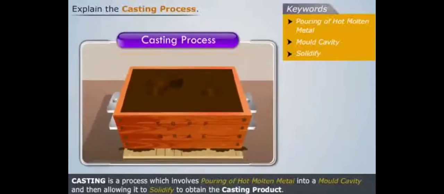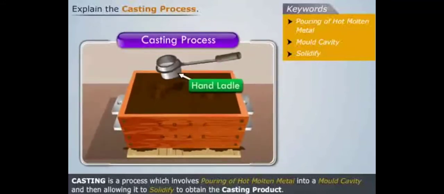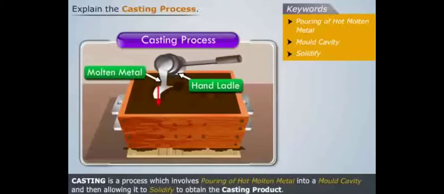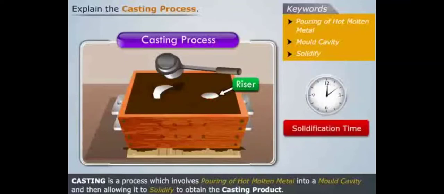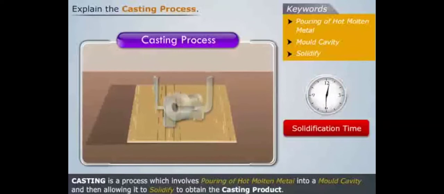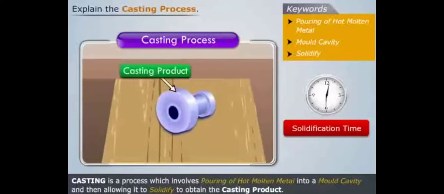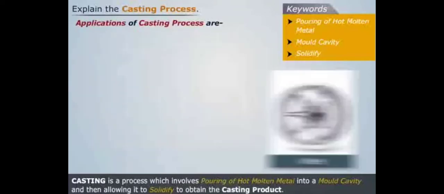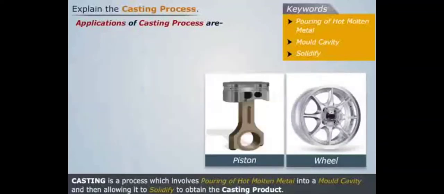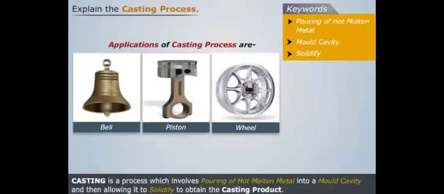Now with the help of the hand ladle, keep pouring the molten metal in the pouring basin till the molten metal reaches the edge of the riser. Now allow the molten metal to solidify in the mold. Now take the material out of the mold. We get the product as this. This product is called the casting product. Some of the common products which we obtain through casting are wheels, pistons, bells, etc. Related terms are